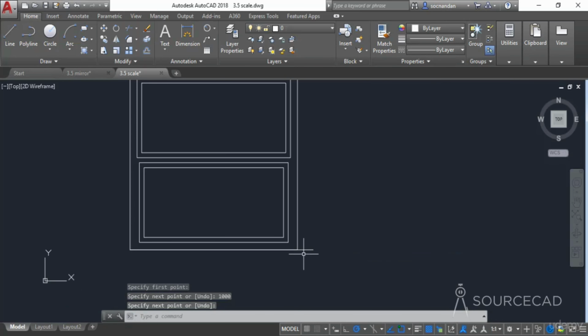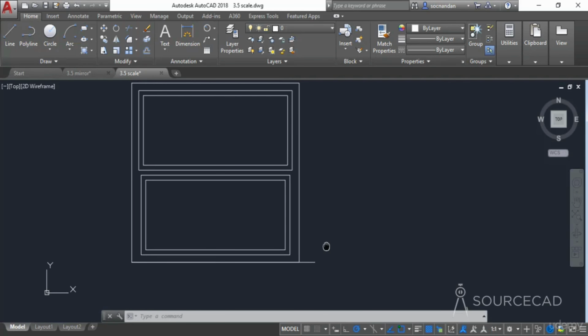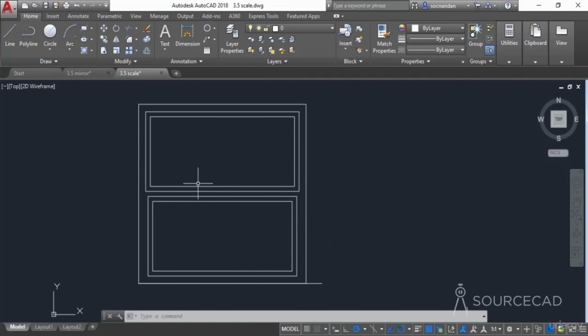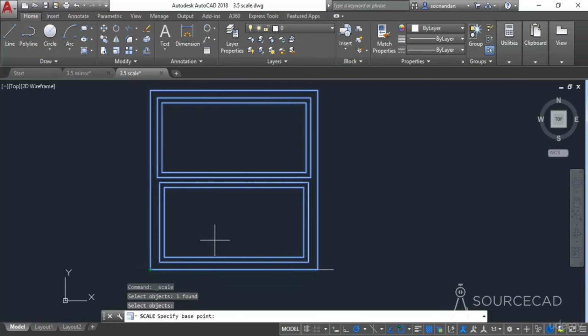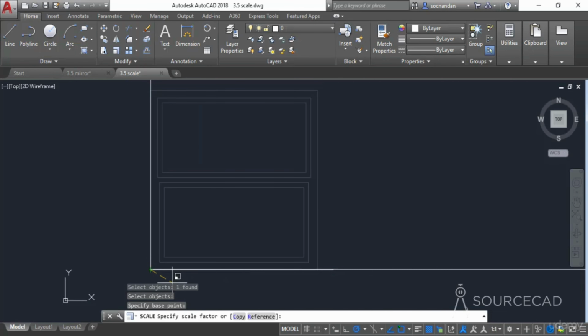So now you can see that there is a slight gap between this endpoint and this line. So let's assume that we want to scale this drawing in such a way that the base length becomes 1000 units and all the remaining length stretches in the similar proportion. For that, we can use scale reference option. So once again, go to the scale tool and now select the object and press enter. Now specify the base point, which we have specified in the previous case also,